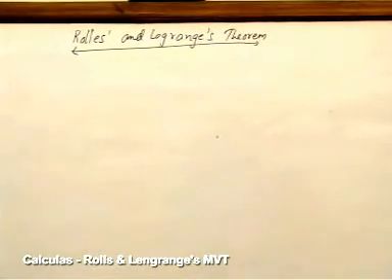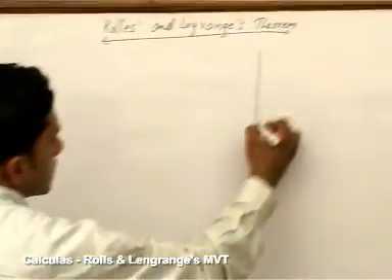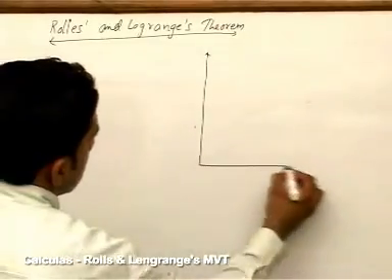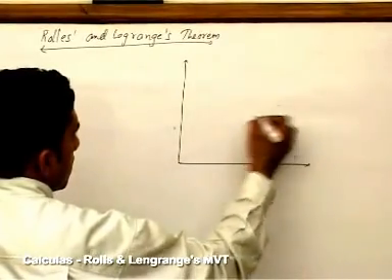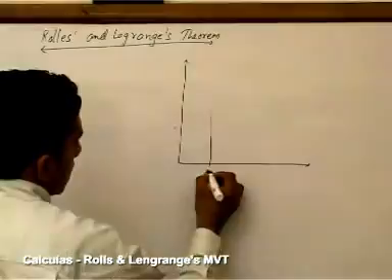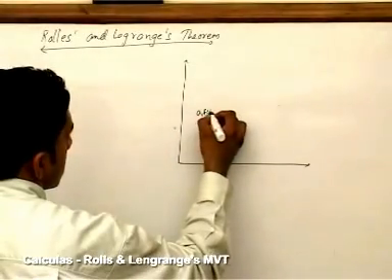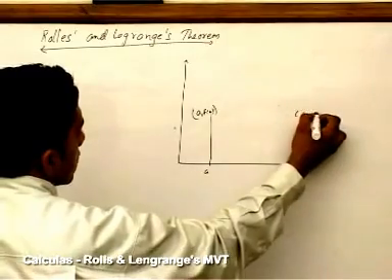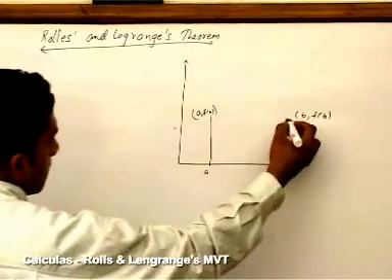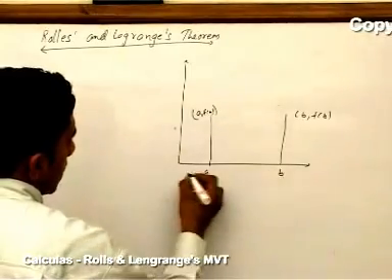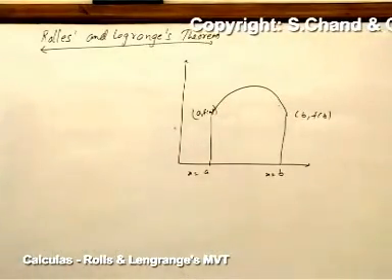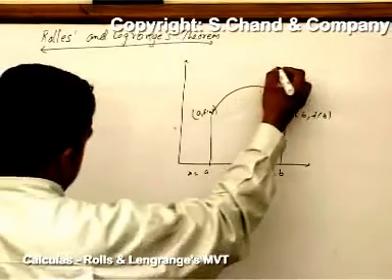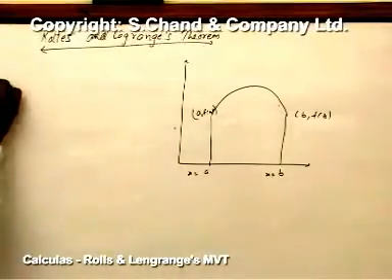Now, Rolle's and Lagrange's theorem, or the mean value theorems, can be interpreted with a graph. Supposing a function is between the 2 points, say A, f(a) is this point and b, f(b) is this point. Between these 2 points, x equals a and x equals b, this function is continuous and differentiable. The conditions are: